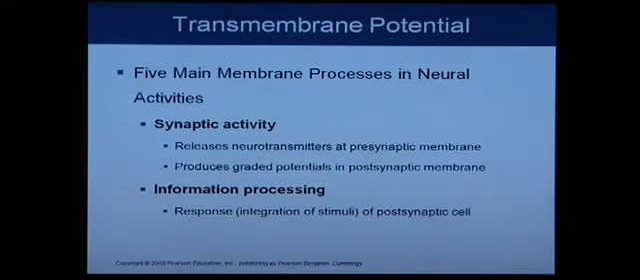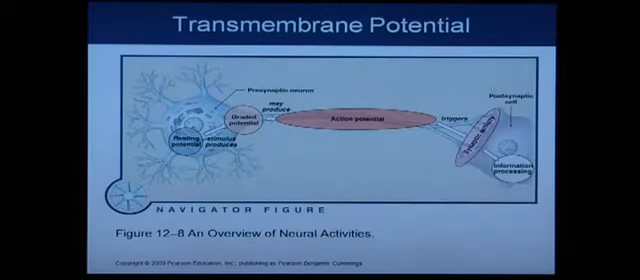And we may have an information processing response at the postsynaptic cell. So what does that mean? Well, let's get a view first, and then we'll talk about some possibilities. Okay, so what this is saying is, remember that the central nervous system